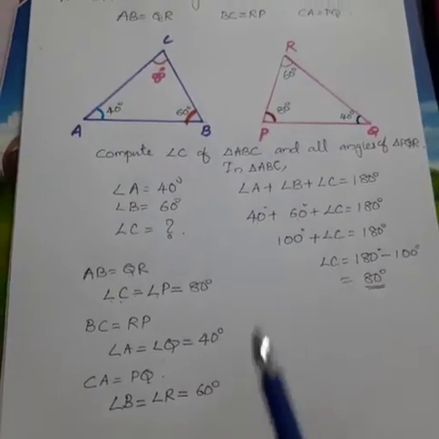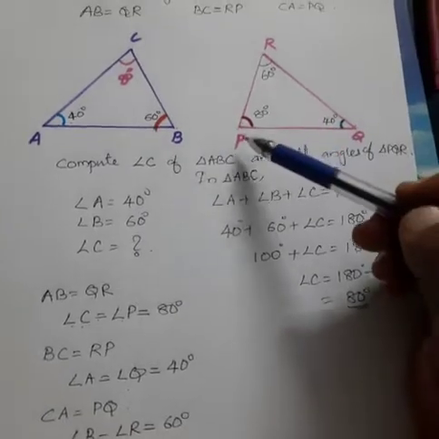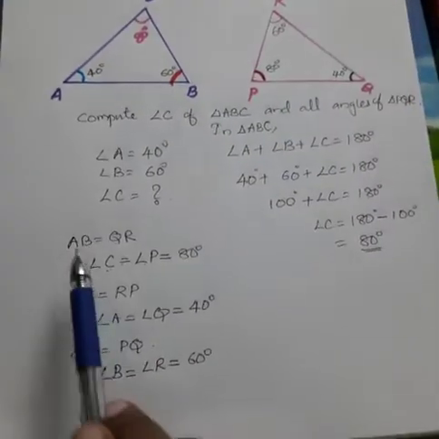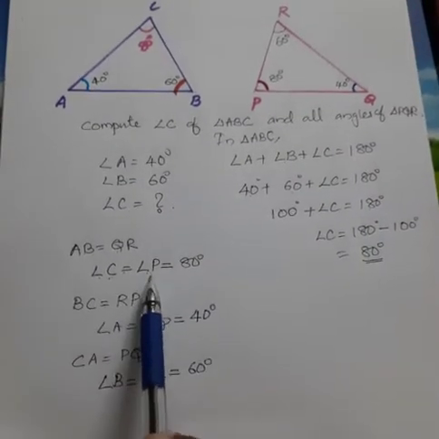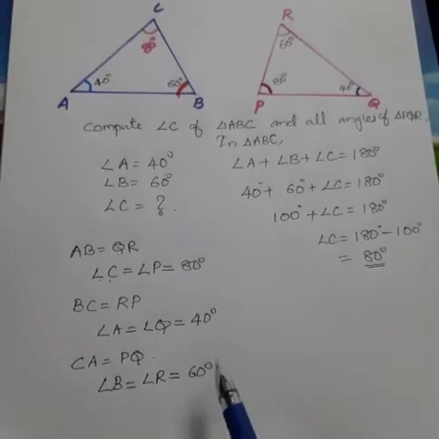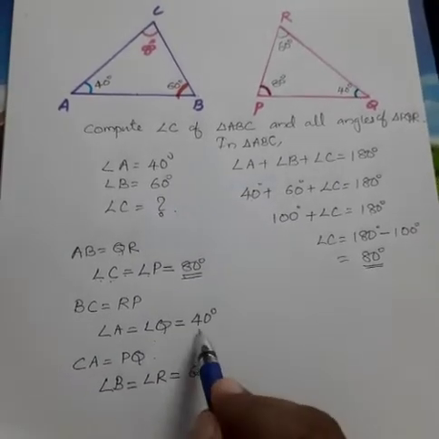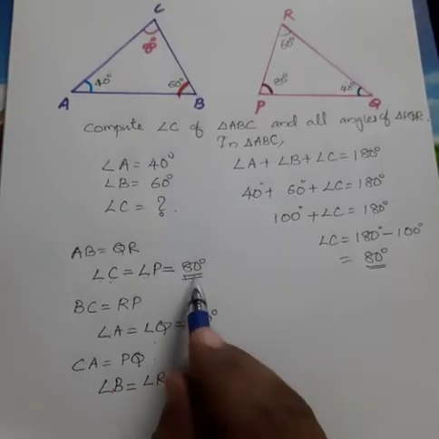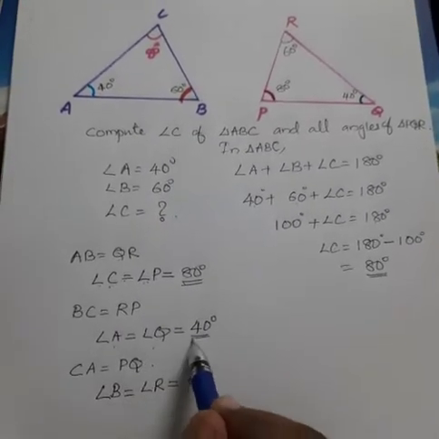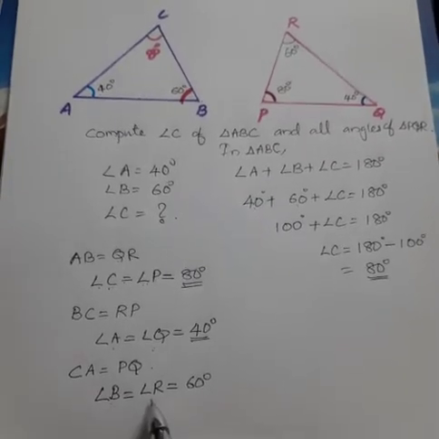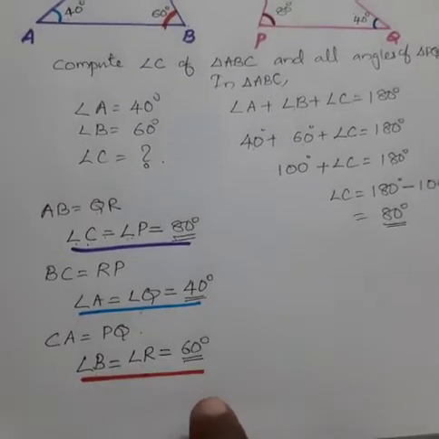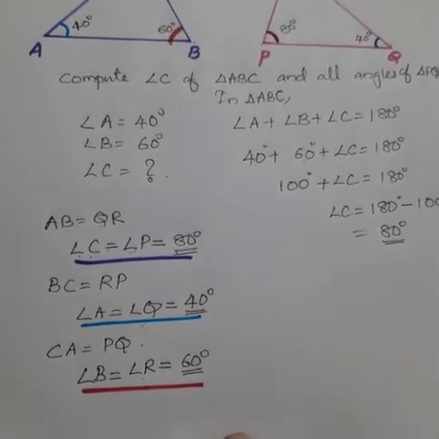So you got three angles here. Angle P is 80, angle Q is 40, angle R is 60. So if the sides are equal, opposite angles are also equal. Using that principle, we have to find out these three angles. So the first angle, angle C is equal to angle P is equal to 80, angle A is equal to angle Q is equal to 40, angle B is equal to angle R is equal to 60 degrees. After writing this, we have to write the principle below. We have to write